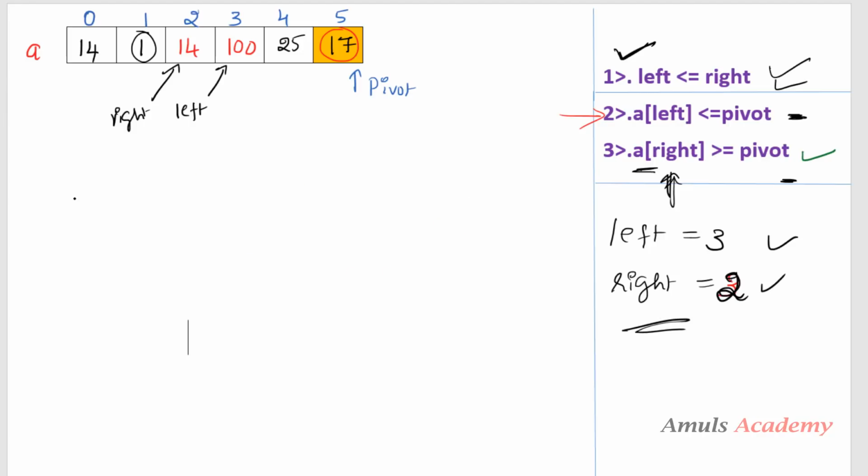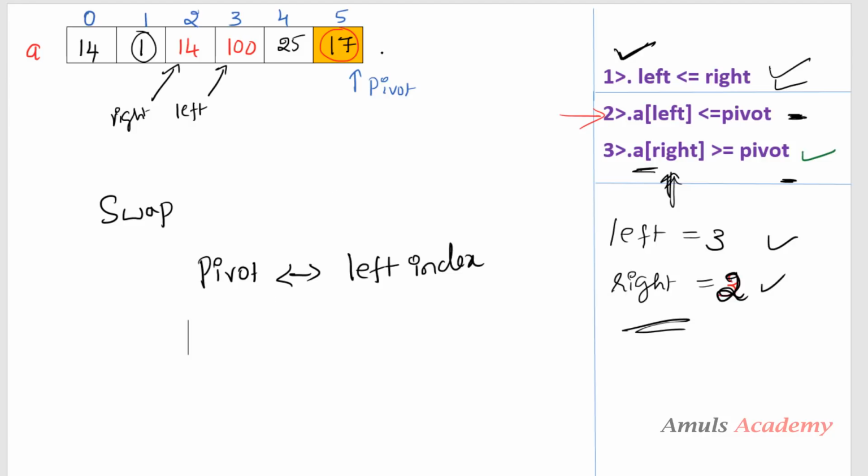So to place that in the correct position, what we need to do is swap the pivot value and the value present in the left index. Why?